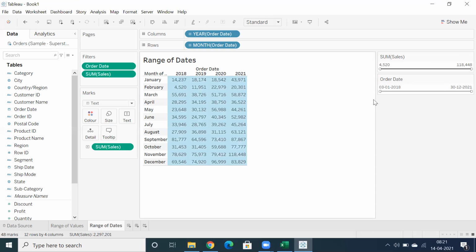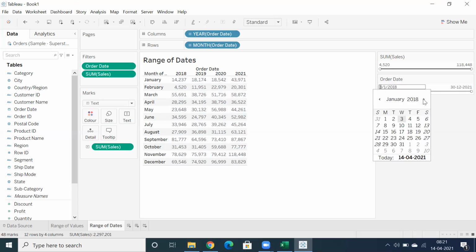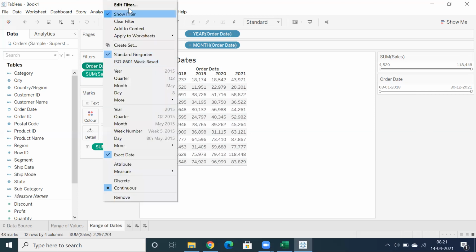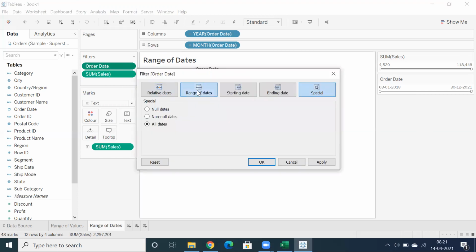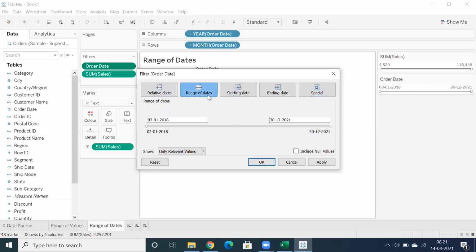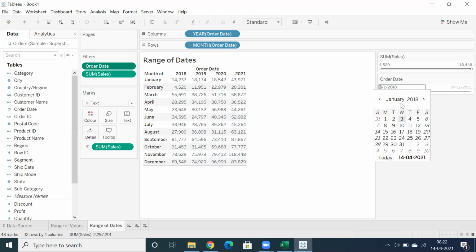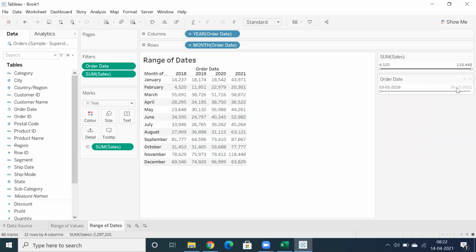Okay. Still any questions? That's the reason I showed both filters on measure and filters on date, range of values. For measures, we have at least and at most. Similar to that, for date, we have range of dates, and you can also go for start date, so that you can select only the starting date. That's a minimum date or start date. You don't have an option to select max date.